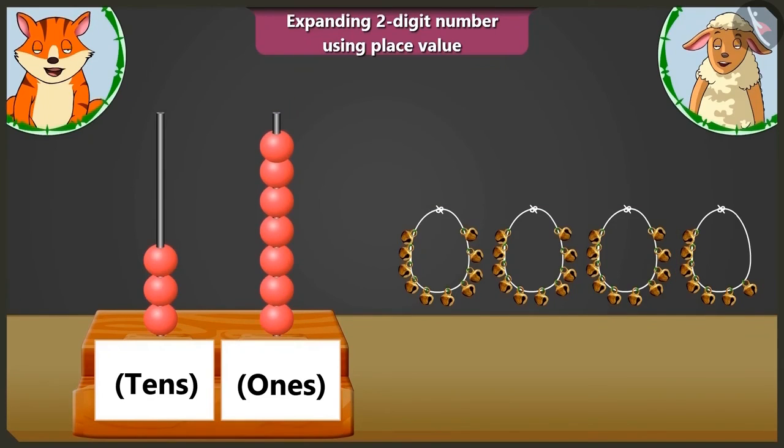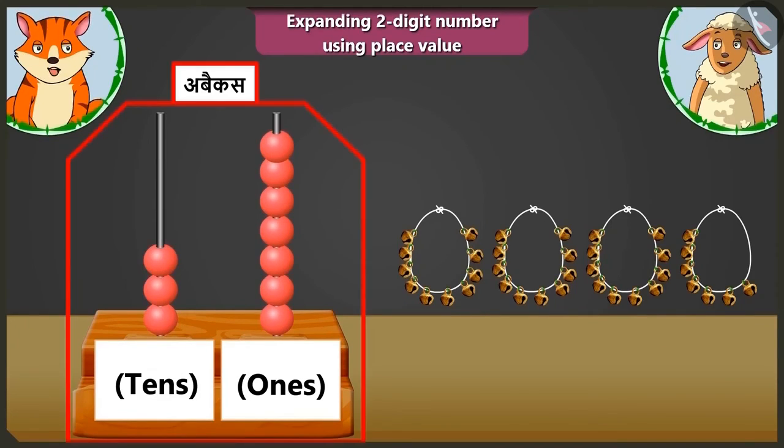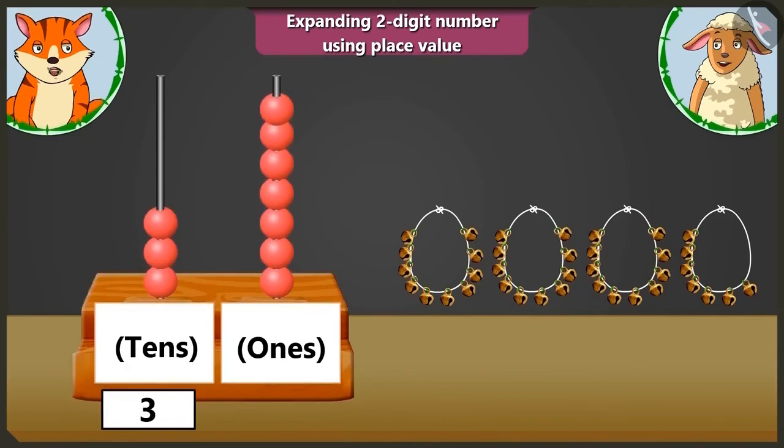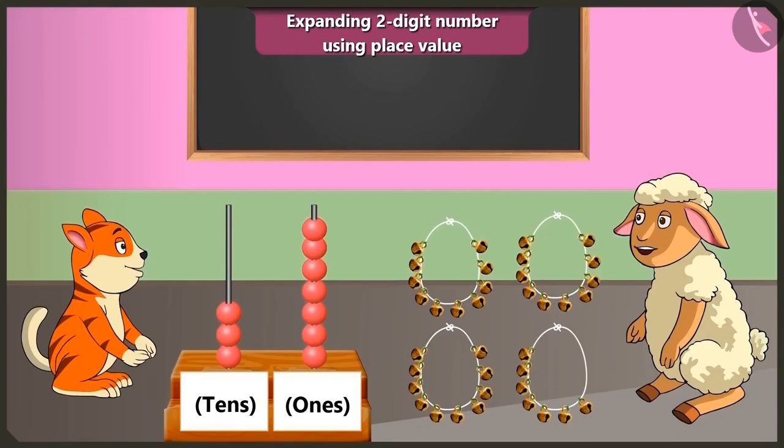Well done, Billy. Can you tell me what number the remaining beads on the abacus make? Think about it and tell me. Look, on this abacus, here in the 10s box, there are 1, 2 and 3 beads available. So we will write that first. Now in the 1's box, there are 7 beads. So we have to write 7. Now the number it makes is 37. Very good. Come on, now let us go.